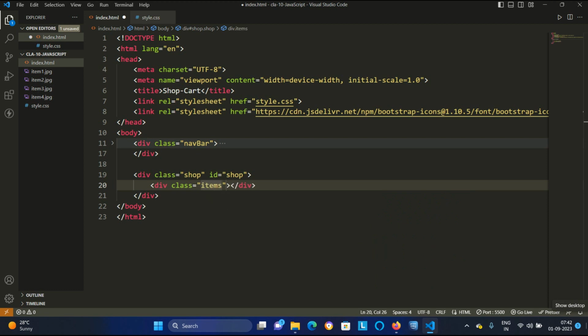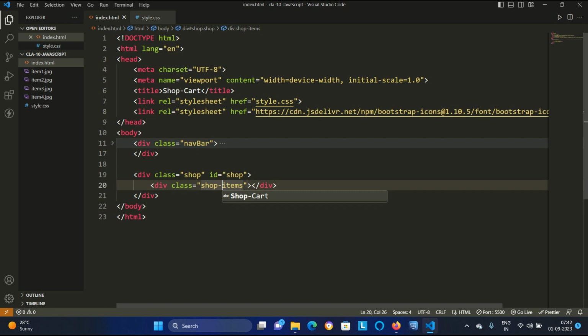So I will create it in this way, shop items. How many shop items do we have? We have 4 shop items.